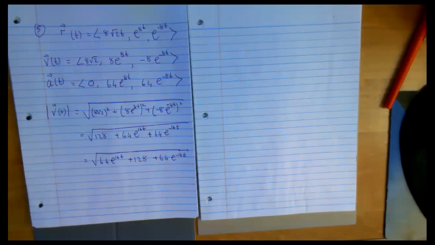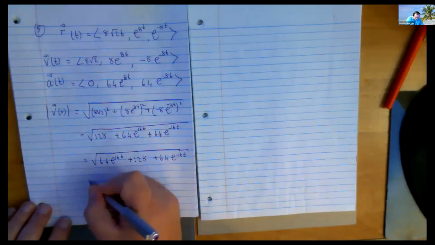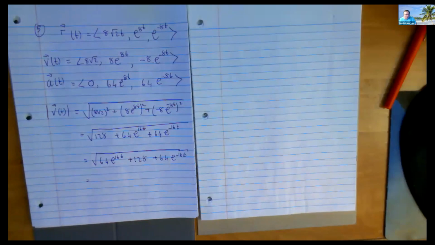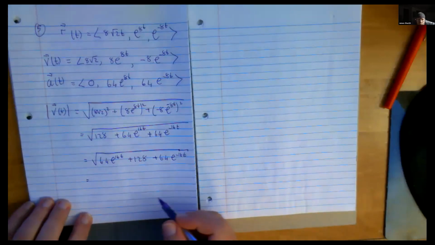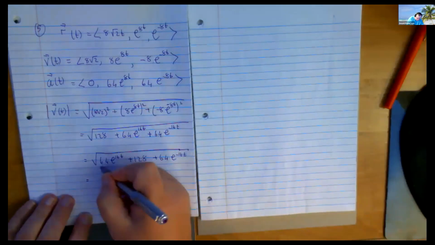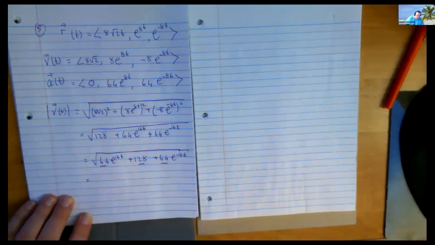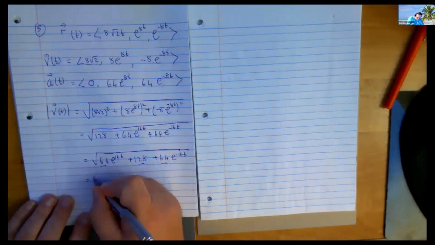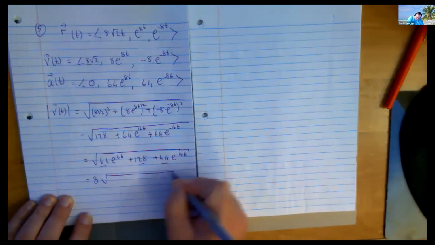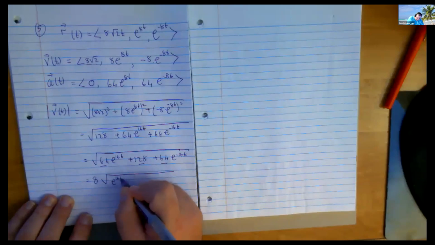Maybe like reduce them. Okay, how are you going to do it? Pull a 64 out of the whole equation. Sounds like a plan. Would you agree that there's a common factor of 64 here? If I pull that out as a square root, won't the square root of 64 get me 8? And I'll now be left with